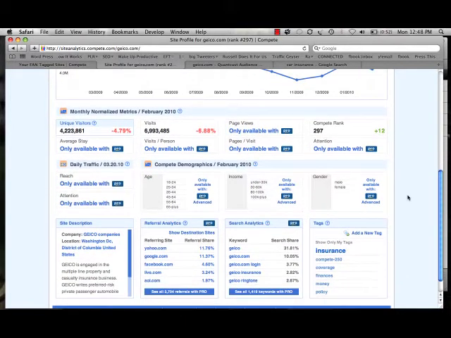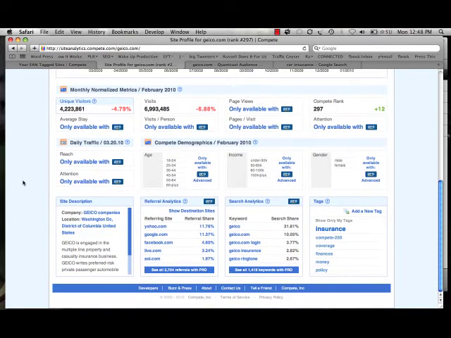So a lot of information here. Some of this data is only available if you join the pro version. What I'm using for both of these, for Quantcast and for Compete, is the free version, so you don't have to pay for this. But if you want all these other extra stuff, you have to pay these guys for the advanced access. But anyways, the important thing is